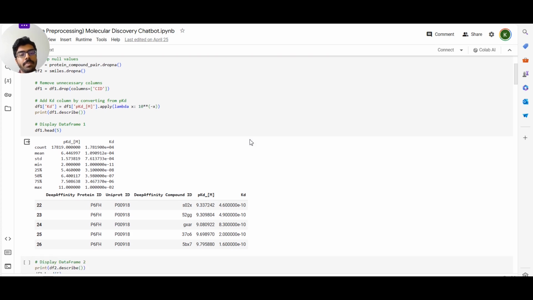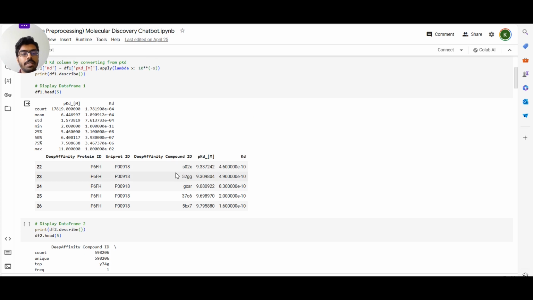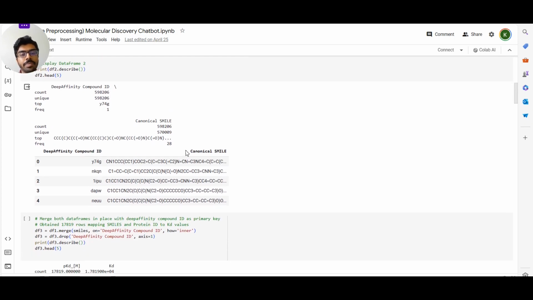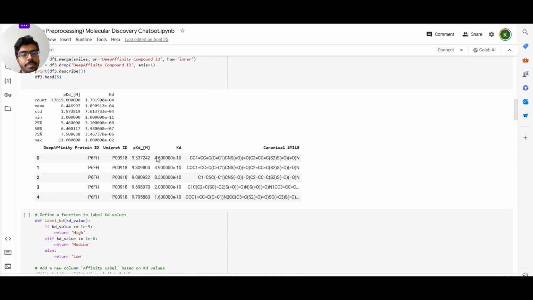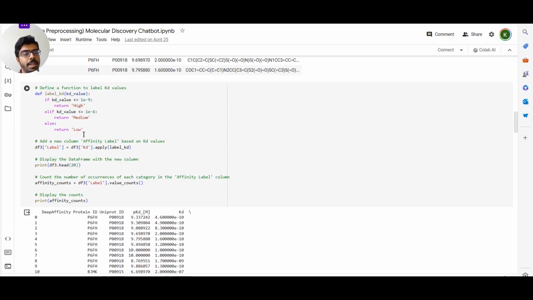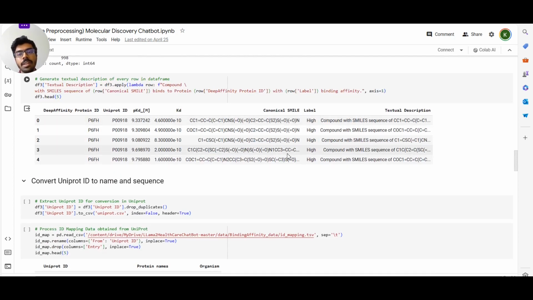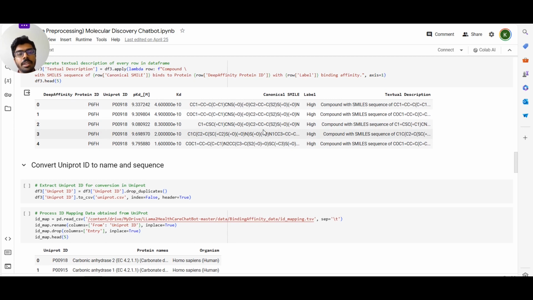In the online database subsystem, I integrate data frames from the DeepAffinity lab. These data frames contain KD values between a compound and a protein, such as a dissociation constant value, indicating the strength of the binding affinity. I have the SMILES sequences, convert the KD values to high, medium, and low based on a certain category, and add it to a new column. I add a textual description to help the model understand how to parse through different elements and columns in the